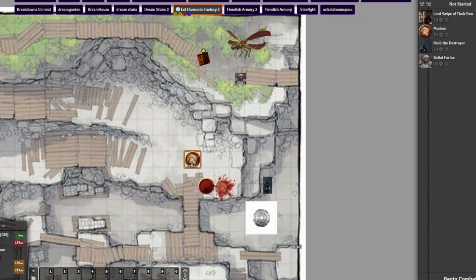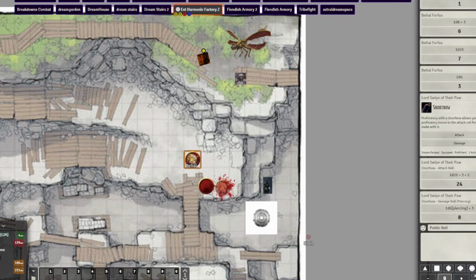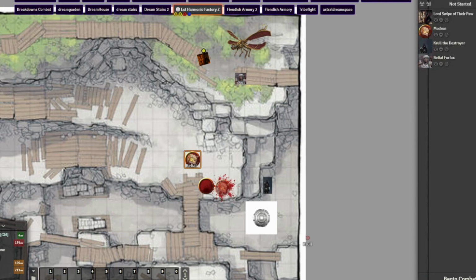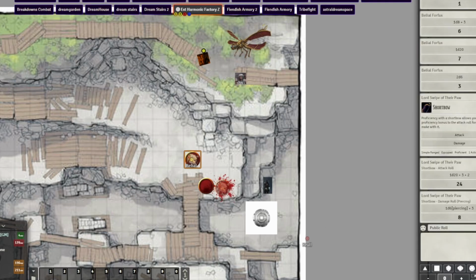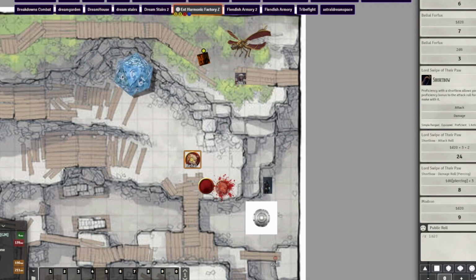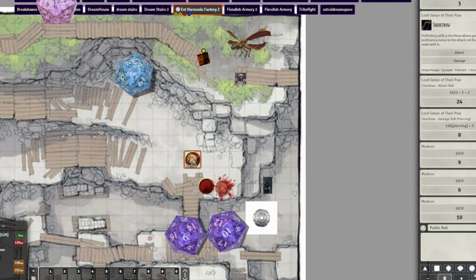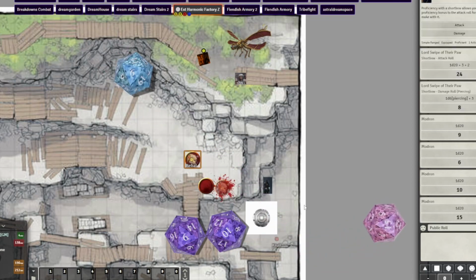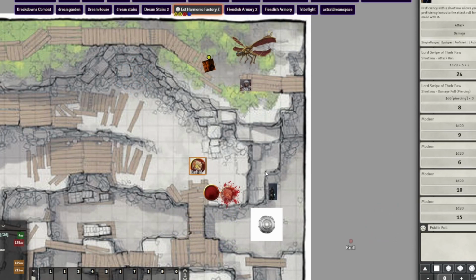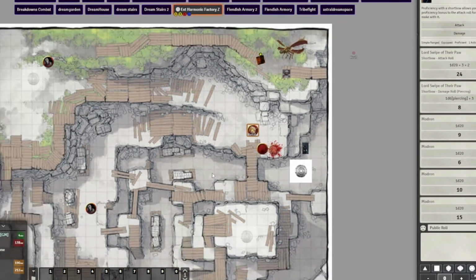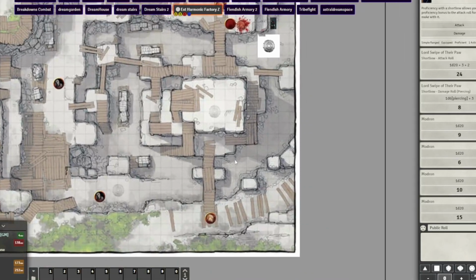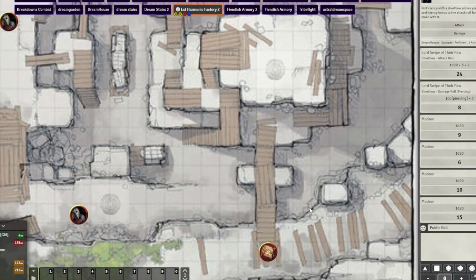Then this guy is in a really bad spot to shoot at you, so he's just going to spin around because he can do it too. He's going to give you all one arrow, but he's going to give an extra one to Belial just because he's jealous of your boogie. For Lord Swipe, that is a big miss. First one on Belial is a miss. Another miss. And that one came dangerously close to Krull, but Krull, you're able to dodge it, and he deals no damage. We've got another Modron to the south.